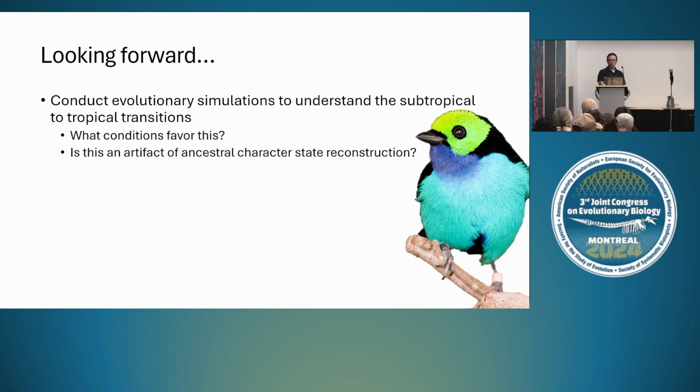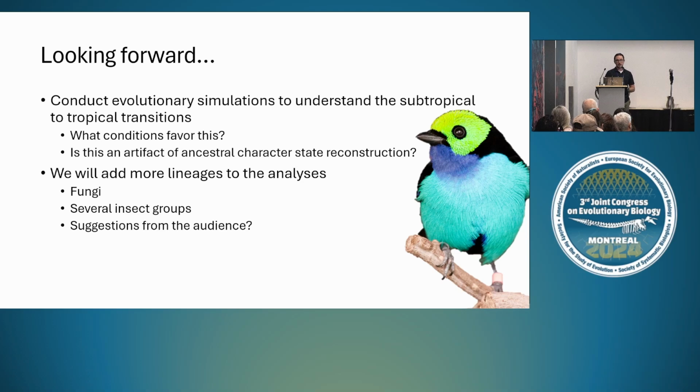Looking forward, we're working on some simulations to hopefully help us better understand those subtropical to tropical transitions, and if nothing else, to give us some confidence that that pattern is not simply an artifact of methodology. We're also adding more taxa to the analysis. Any major group for which there's a well-resolved phylogeny and sufficient observational data is welcome. We're already looking at fungi and several groups of insects, including butterflies and bees, and we're also happy to accept